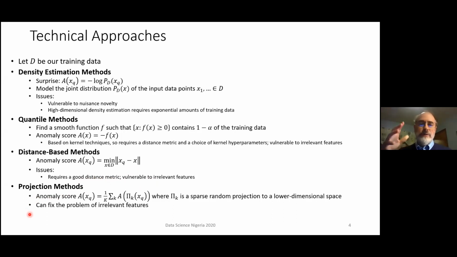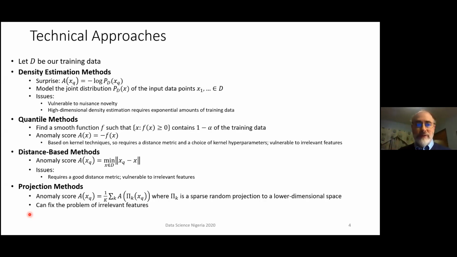And the idea here is that we take our data and project it down into a lower dimensional space. And in that lower dimensional space, we apply one of these strategies, typically density estimation. But we can do that many times, like say 1,000 different random projections. And each random projection, if we make it sparse, that is, it's a low dimensional projection, then that only involves